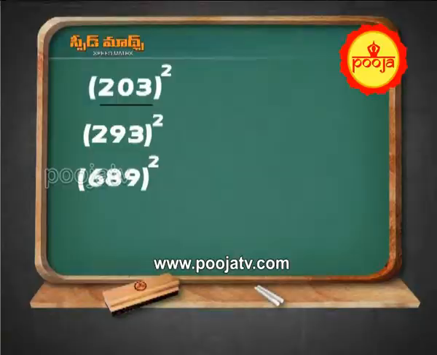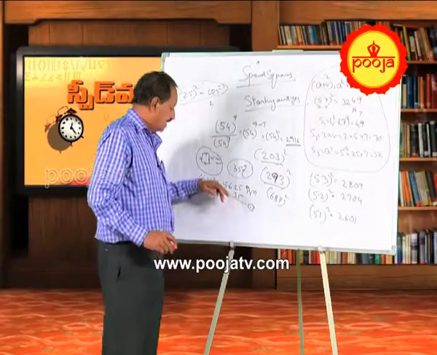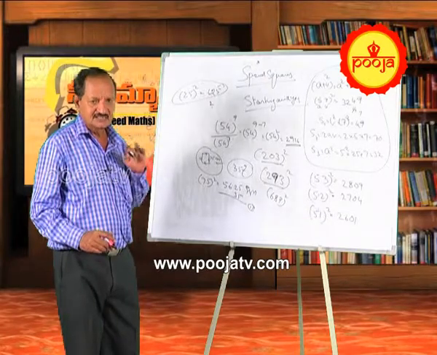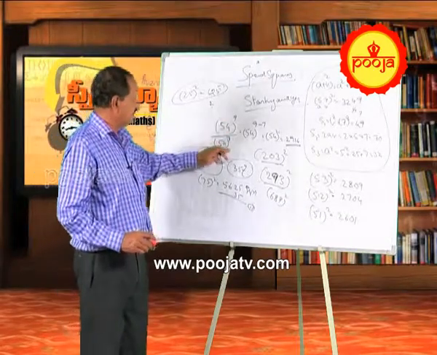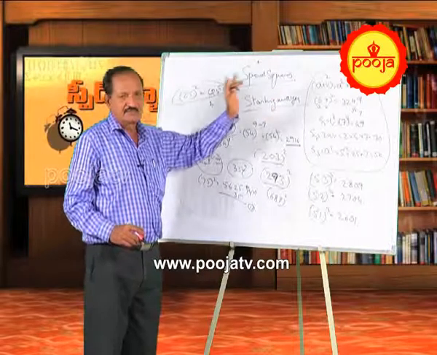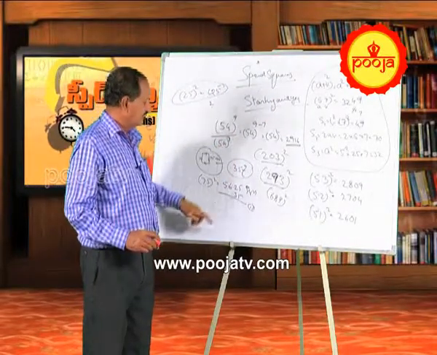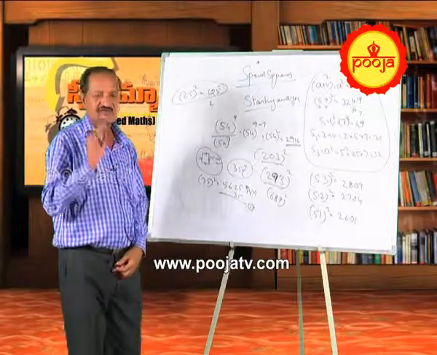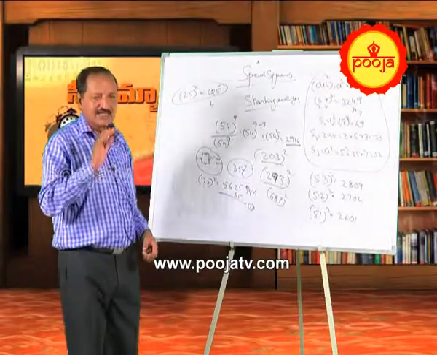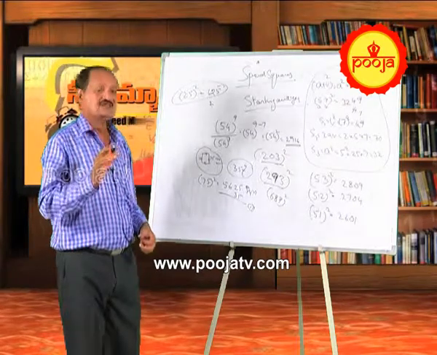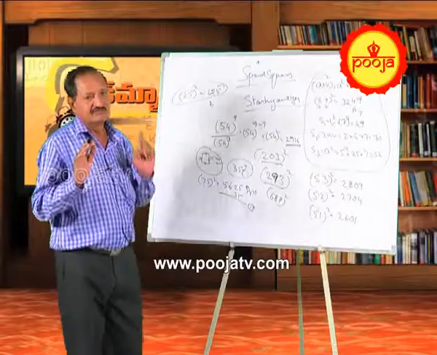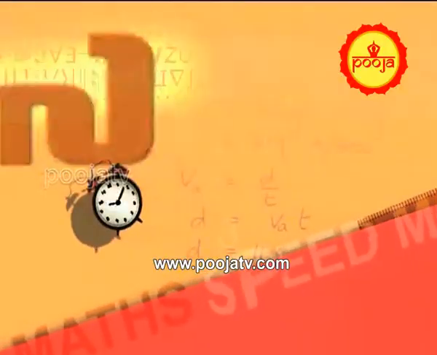So, be thorough up to here, how to square a two digit number easily. These two methods, ending with 5, starting with 5, and that (a plus b) whole square final method. And from next episode onwards, we will go for 3 digits, 4 digits or 5 digits. You can square any number easily using some more methods. I will tell all the methods where you can do them in a few seconds. Thank you.